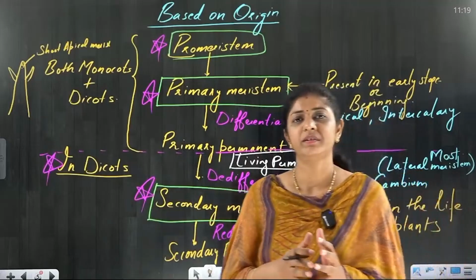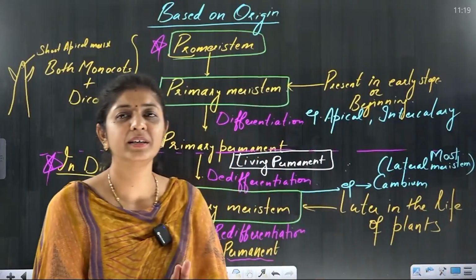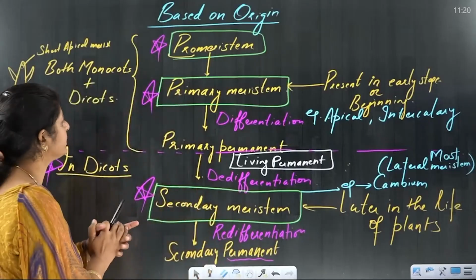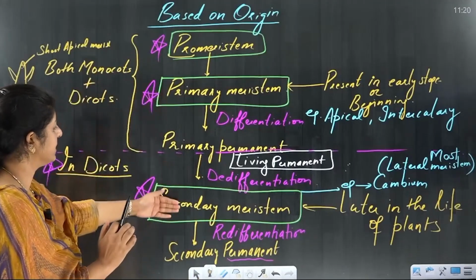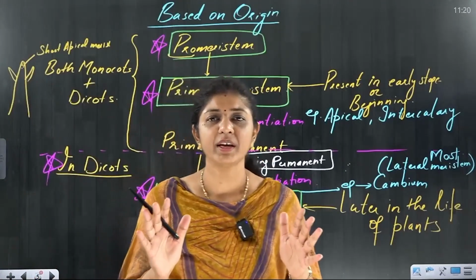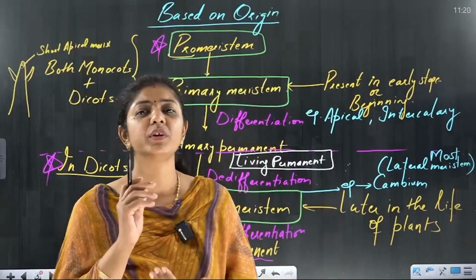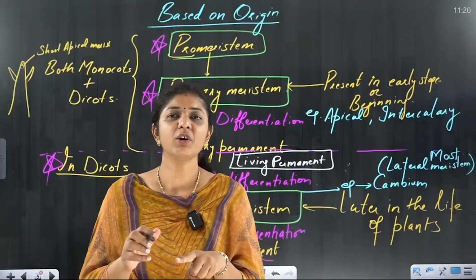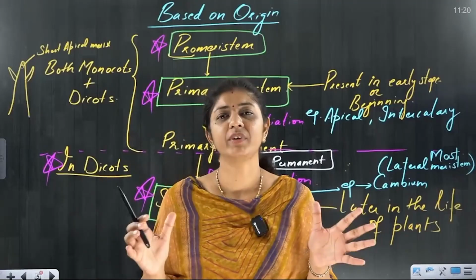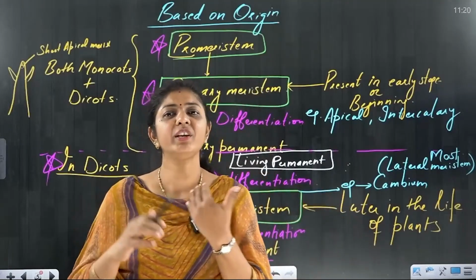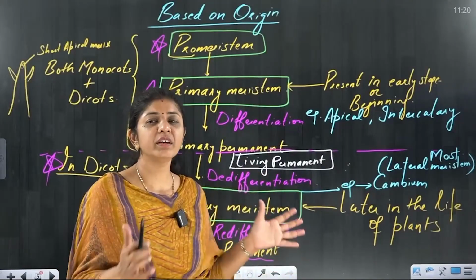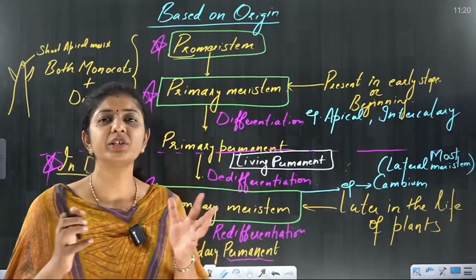This is important, right? Everyone must focus here. This is very important. There we have discussed three types according to region: pro-meristem, primary meristem, secondary meristem. If you cannot retain it fully, not an issue, right? Just wait for the moment when you will be perfect at this. But understanding the thing is separate from learning more. Both are different things. Learning more will come when you revise it. Now you must understand the thing. Learning all the things in one go is not possible at all, right? Don't take much tension on this.